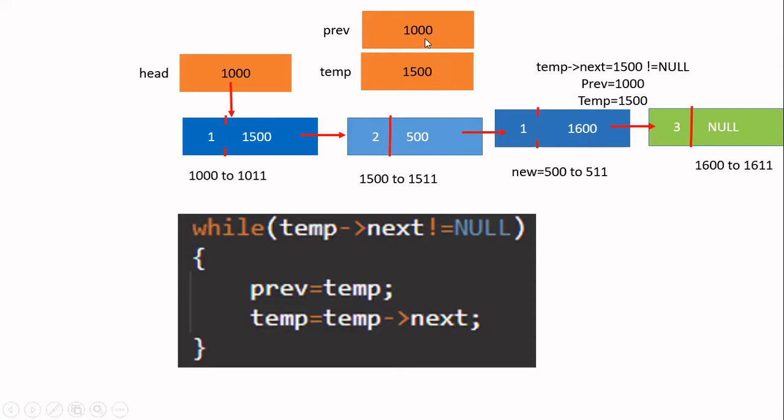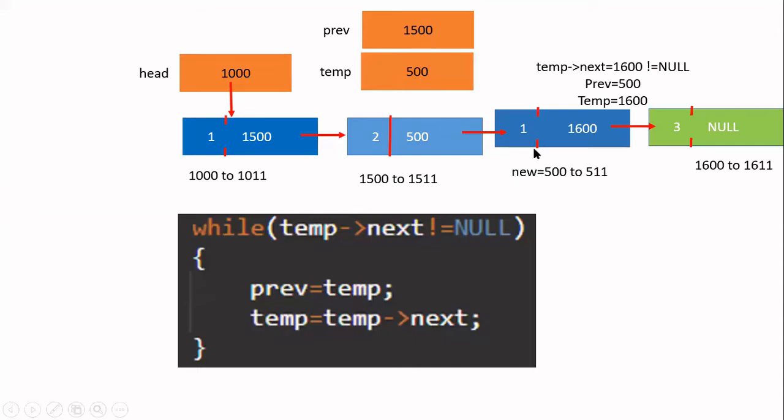Now previous is containing 1000 and temp is containing 1500. In the next slide, focus here. I am going to keep this 1500 in previous. Then instead of 1500 in temp, I am going to store this address, 500. So in the next step, I am making this change.